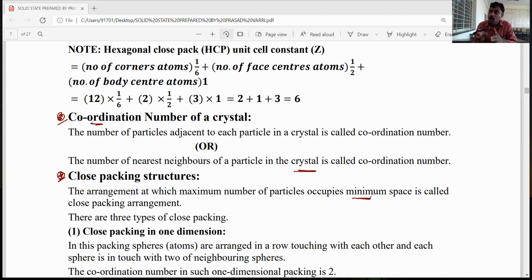But to understand how the three-dimensional close packing arrangements come about, first we have to understand the one-dimensional layer arrangement and the two-dimensional layer arrangement. The two-dimensional layers are combined to give a three-dimensional arrangement. So the types of three-dimensional layer arrangements are very important, but there is no importance for one-dimensional and two-dimensional. But we need an idea about them. Okay, dear students, let's see that.